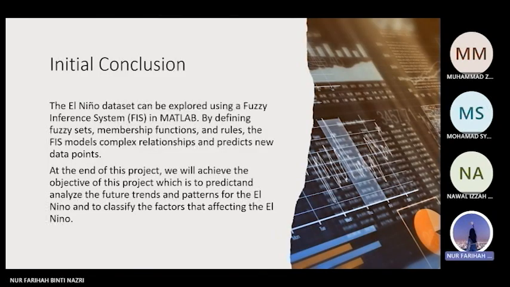So for the initial conclusion of our project, we can explore using the fuzzy inference system in MATLAB, and by defining the fuzzy sets, membership functions, and rules, the FIS models complex relationships and predicts new data points. So at the end of the project, we will achieve the objective of this project, which is to predict and analyze the future trends and patterns of El Nino, and also to classify the most affecting factors of El Nino